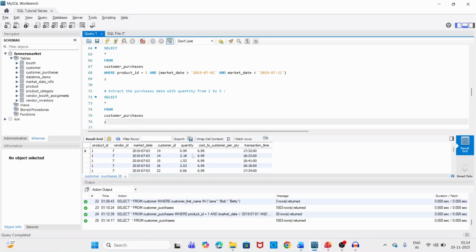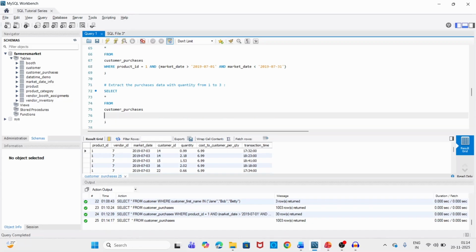Now the problem statement is we have to extract the rows with quantity from 1 to 3. Since we have a range of values, let us write the where condition, where, write the column name, quantity between 1, and